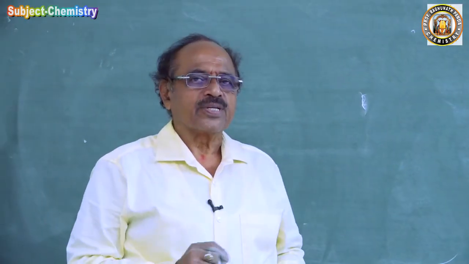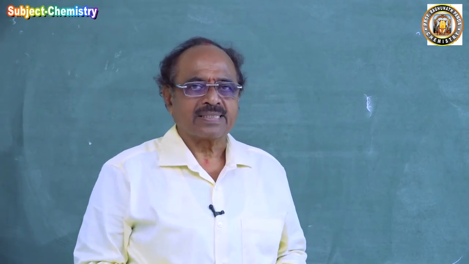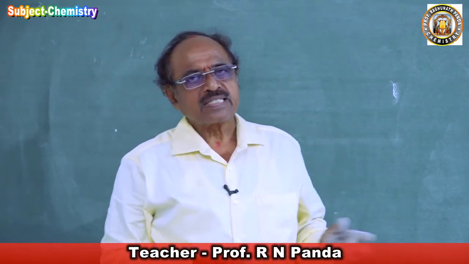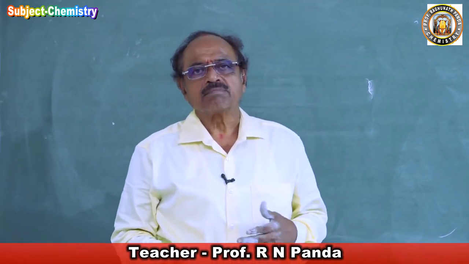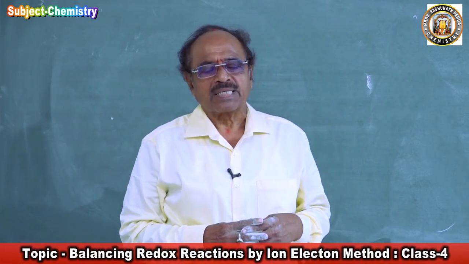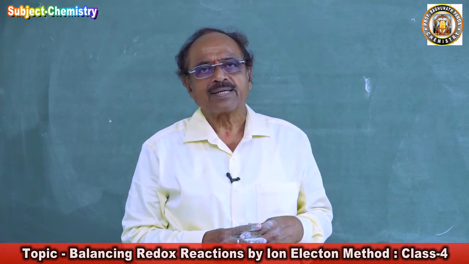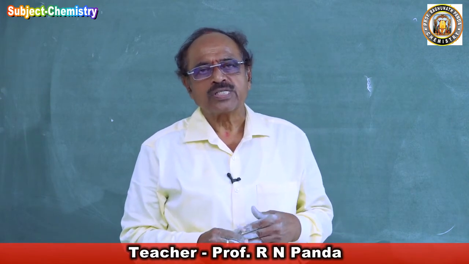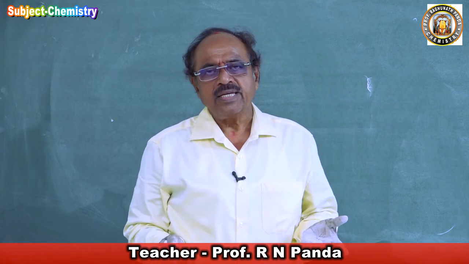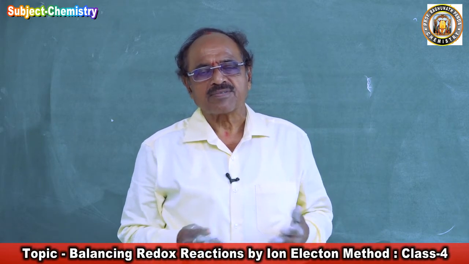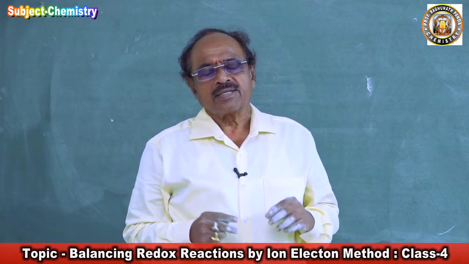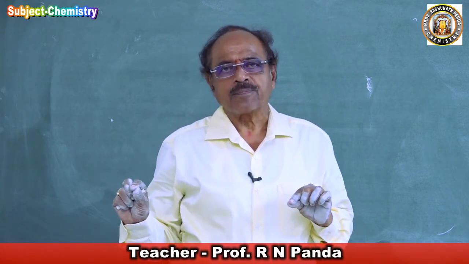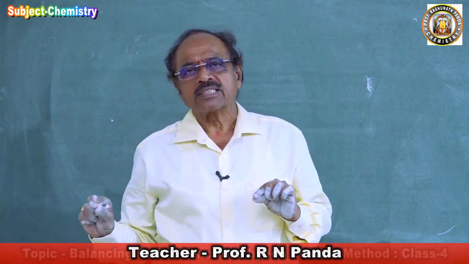So, balancing equations by the ion electron method of redox reactions. We have discussed some reactions involving potassium permanganate and potassium dichromate. I am repeating the rules which we are adopting. Ascertain the oxidized state and reduced state of the substances, then write the equations for oxidation and reduction separately,